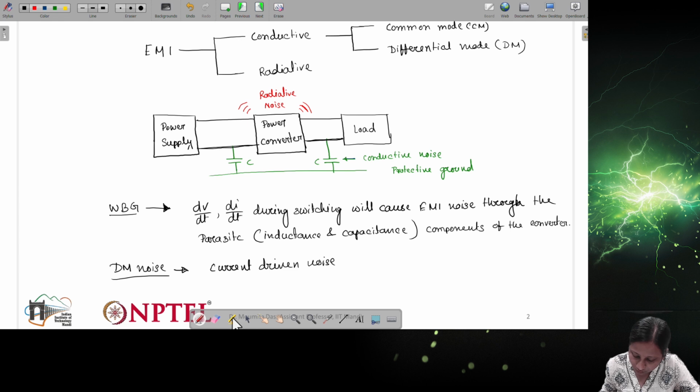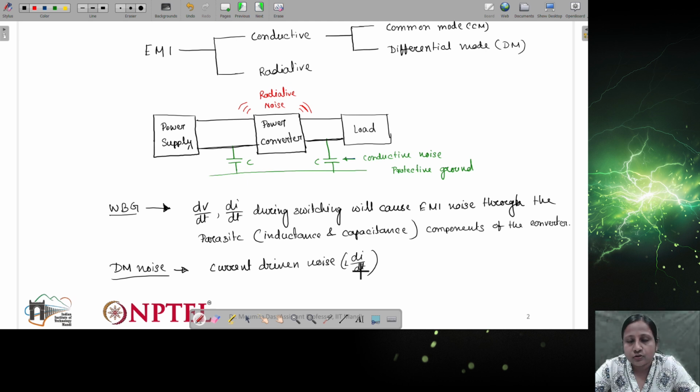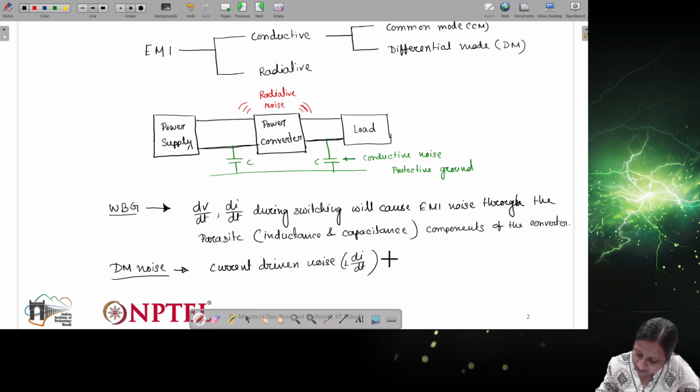So current driven noise is coming due to the di dt. So L di by dt will cause this noise to be present, right? So basically this is why it is called current driven noise, and this is actually due to